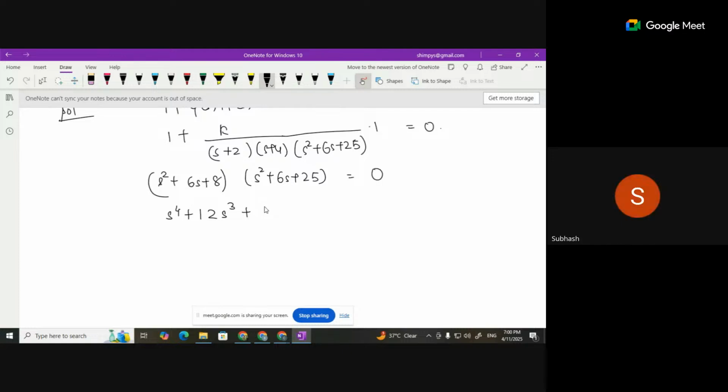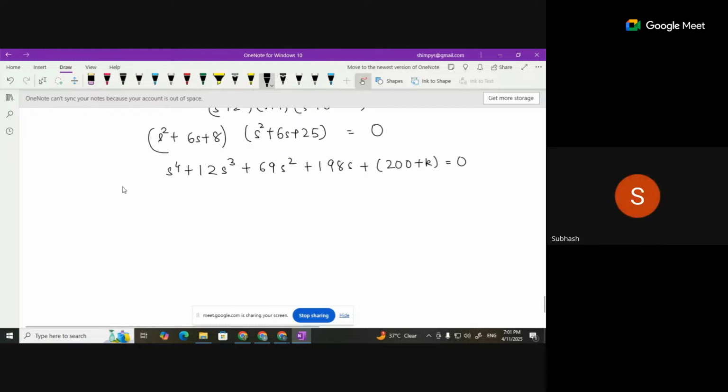Plus 33 S square. No, it is not 33. It's not 37. It's 69 S square, right? Plus 198 S plus 200 plus K, correct? Getting it? Yes, ma'am. Now I can form the array